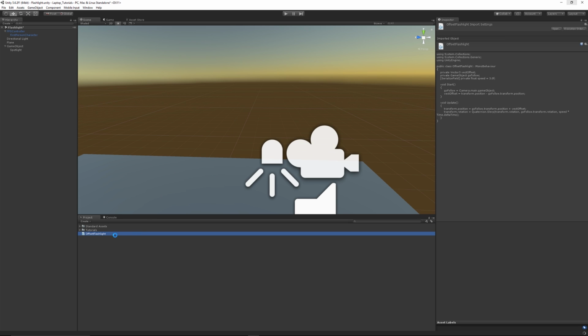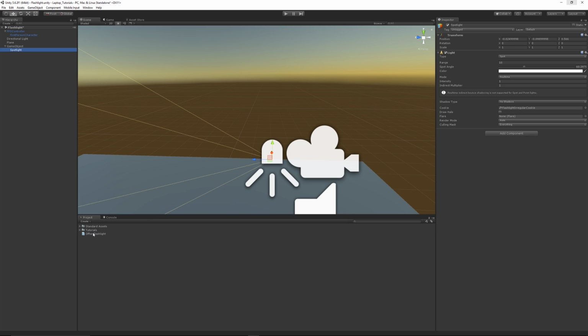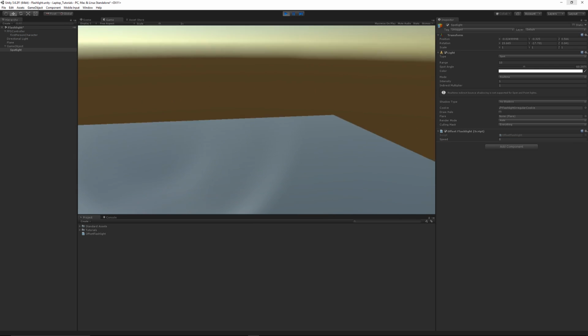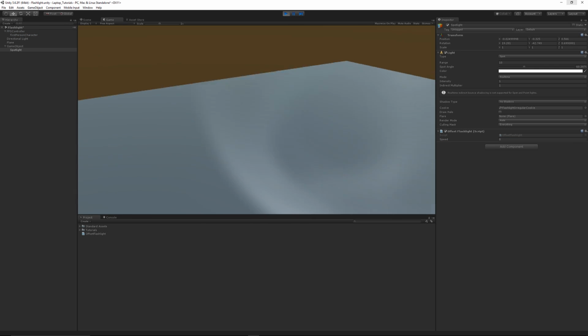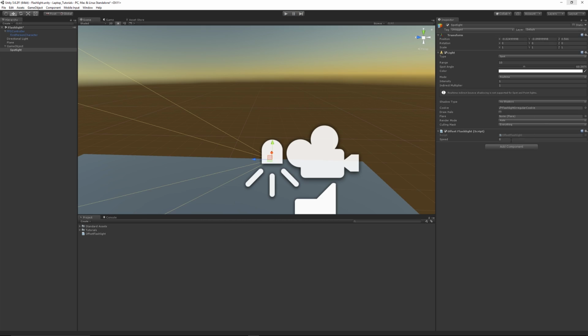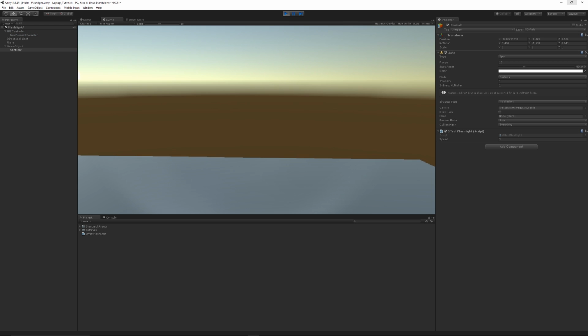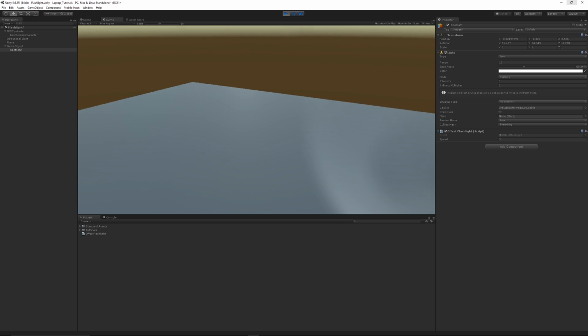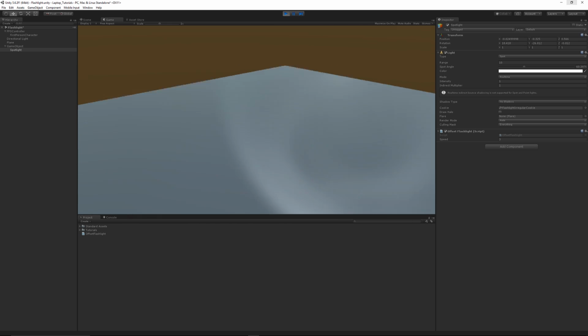So we'll minimize that. So what we can do is click on our spotlight that we've got, add our offset script. What I'll do is I'll just change this speed to 8 to make it seem more apparent. And then we can press play, and we can look down at the floor, and you can see that when I'm moving my mouse now, it'll be slightly offset. You can increase or decrease the value we've got. So if I knock that back down to 3 and we press play, you'll see that when I move my camera, it'll take a little bit to catch up, but you want a speedy enough value